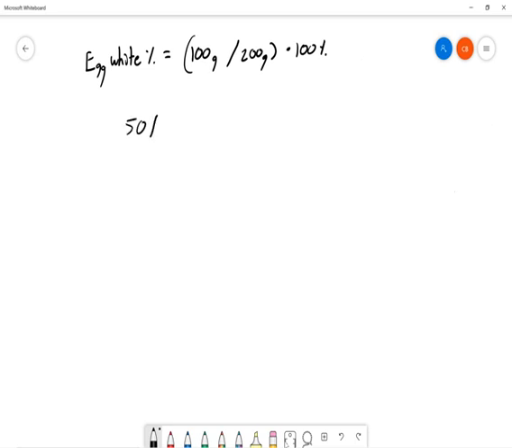If you crunch the numbers, it turns out that 50% of the egg is made up of egg white, right? Because 100 grams divided by 200 grams, that's 1/2. So half of our egg is egg white. We're going to take this same equation